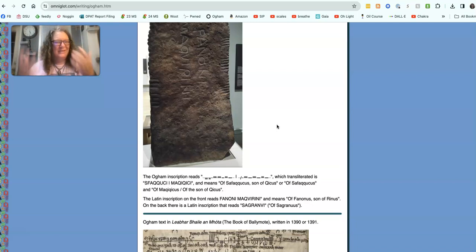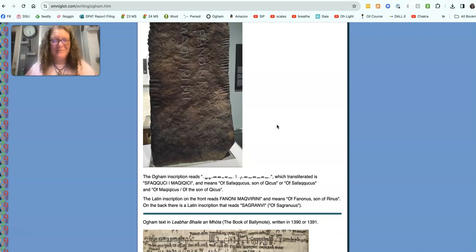But again, like tombstones that we have today, the ones that survive today are mostly memorials. Joe fought here. He was a great soldier. He was loved by his sons, Pete and Tom, and we will remember him forever. Amen. Or something like that. There aren't a lot of Ogham tributes to women, although there are maybe one or two, but mostly to warriors, men who died in battle. So that's what Ogham is.